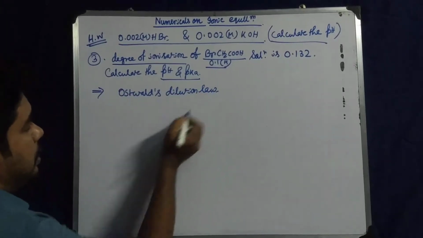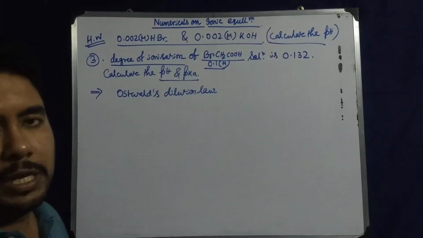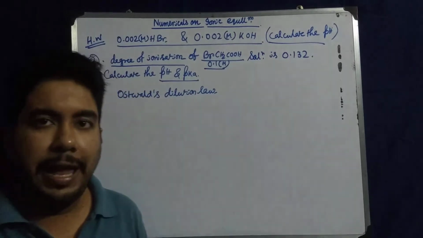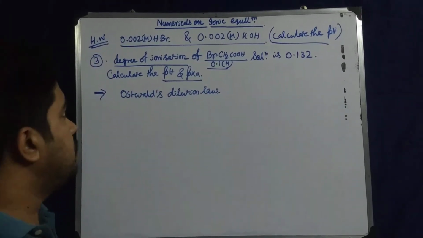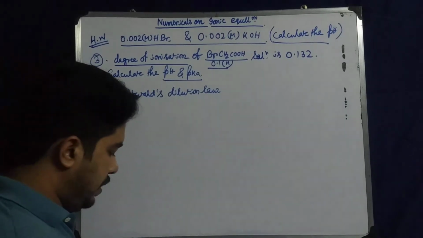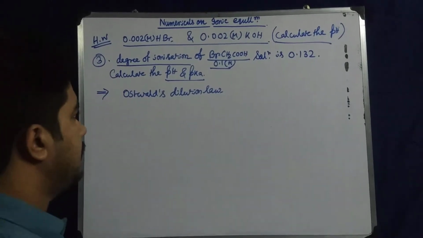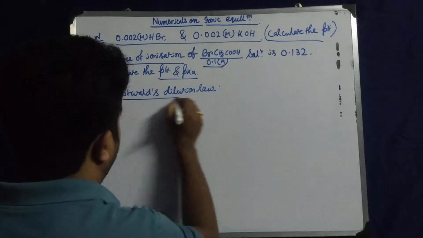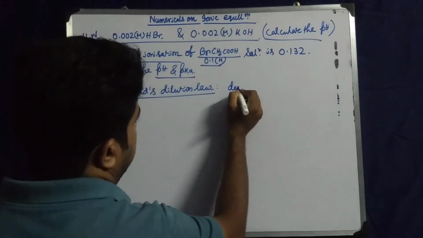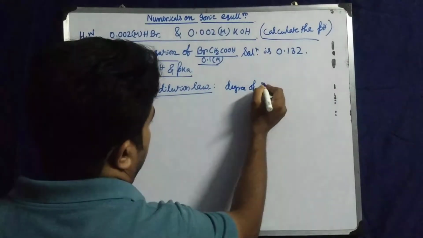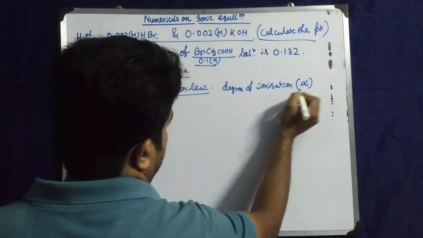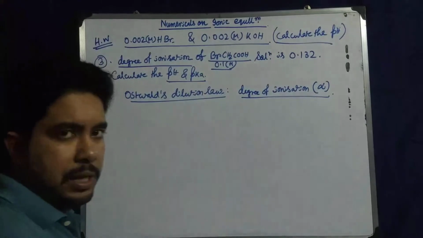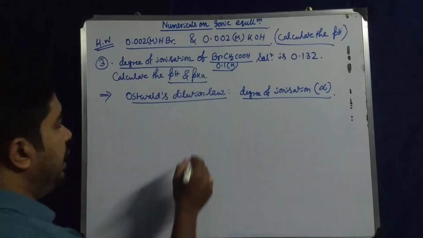I told you in one case, in case of hydrolysis, degree of hydrolysis X, and the same thing, degree of dilution. So Ostwald dilution, degree of ionization or degree of dissociation you can say. So what is it? Ionization or dissociation. So degree of ionization, as in this chain it is written as ionization, we will write as alpha. So let's do it.